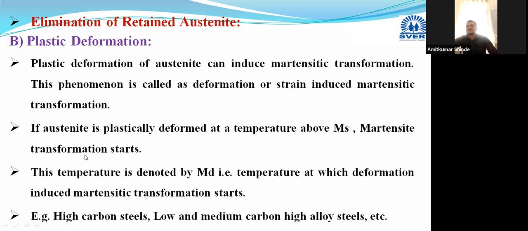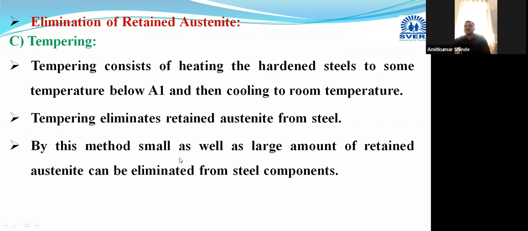Generally, this plastic deformation is done above the Ms temperature. This is the second method of elimination of retained austenite, by doing plastic deformation of the austenite. Then the third method